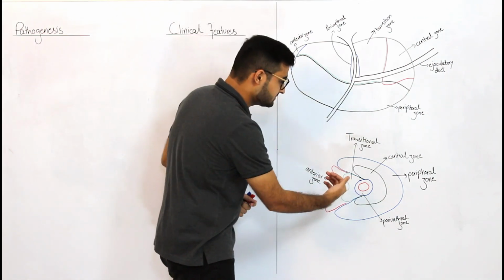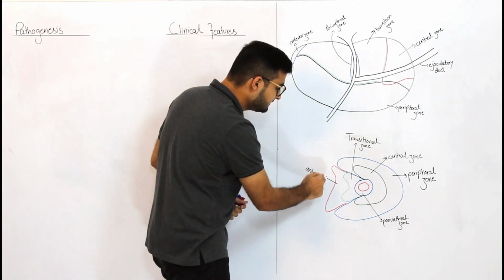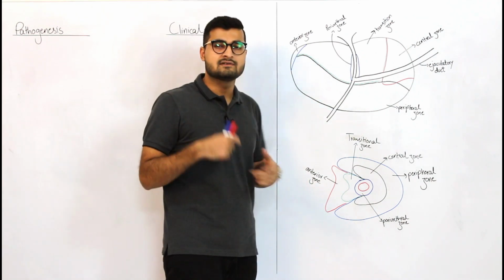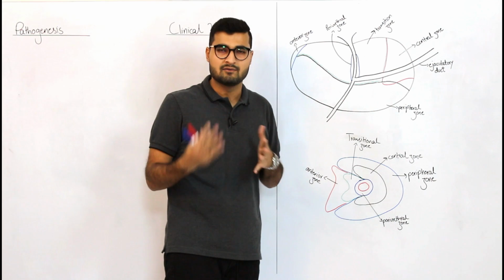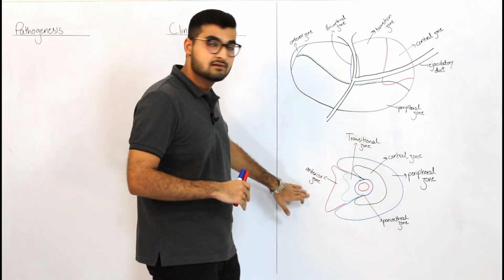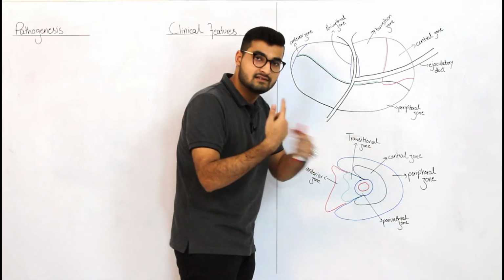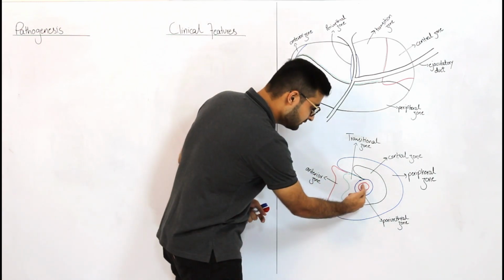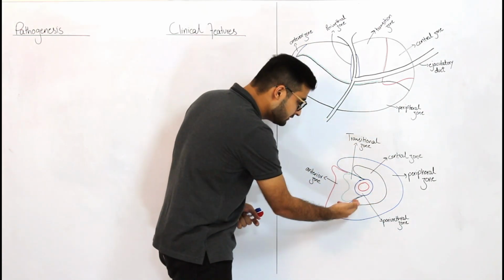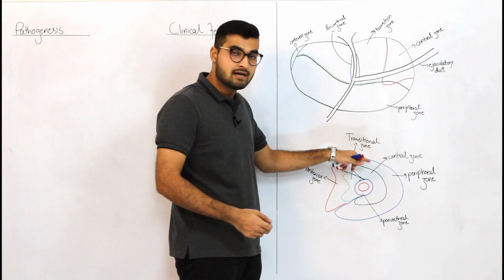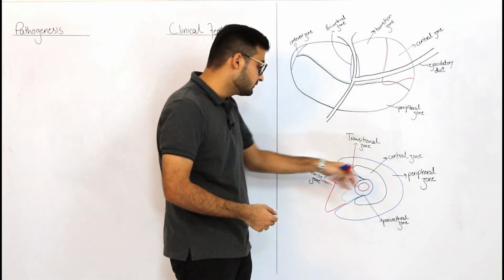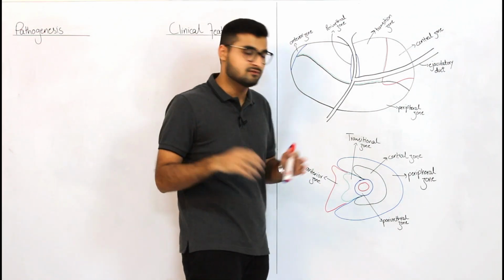Now after the transitional zone, anterior to it, you have the anterior zone. The anterior zone usually does not have much significance because it is made up of fibrous stroma, so it usually does not have any pathology. But it is a zone, so you should know. Let's quickly go through it again. This was your urethra. Around the urethra you had your periurethral zone. In front of the periurethral zone you had your transitional zone, which is important when we talk about BPH. And anterior to the transitional zone we have the anterior zone made up of fibrous tissue.